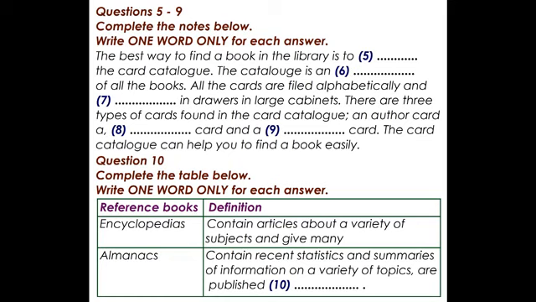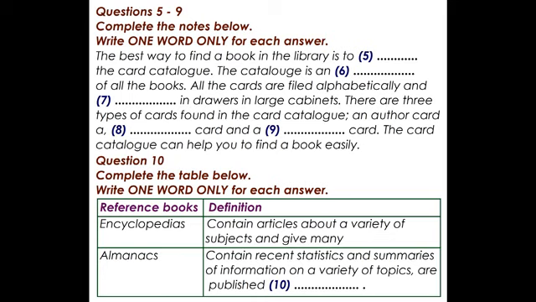The best way to locate a book in the library is to use the card catalogue. The card catalogue is an index of all the books in the library. Information about a book is listed on cards. All the cards are filed alphabetically and stored in drawers in large cabinets. The card catalogue can help you locate a particular book, a book on a certain subject, or a book by